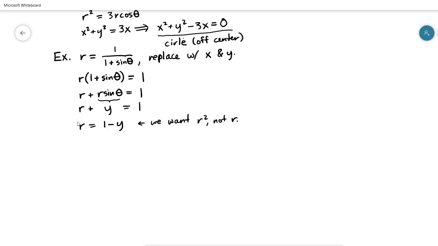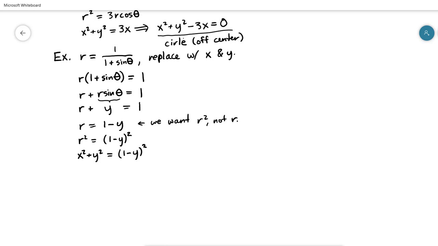The other thing I can do to convert this side to r squared is to square this side. And similarly, if I square this side, I'm in good shape because I'm not introducing a new factor of r suddenly over here. So that's the approach that I'm going to take. I'm going to square both sides. And I'll get r squared on this side, and on this side I will get 1 minus y squared. And now I'm in a position where this r squared term is very easy to convert. That r squared is just x squared plus y squared, and I have that equal to 1 minus y,